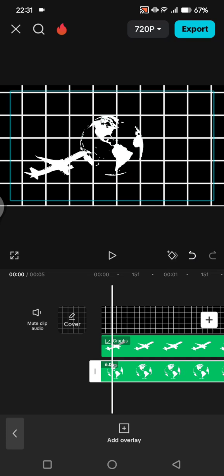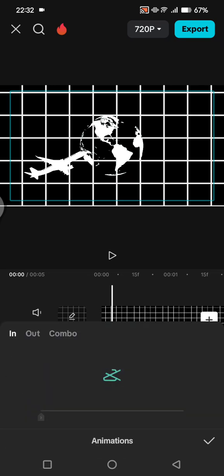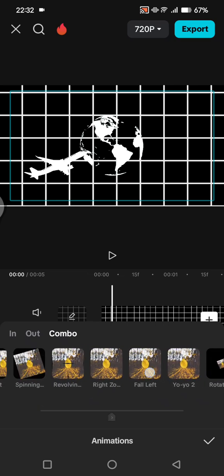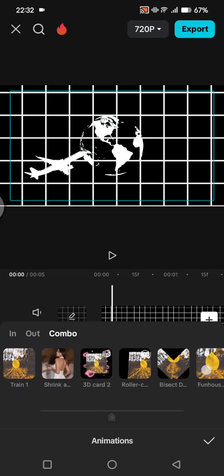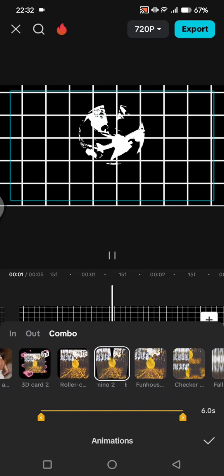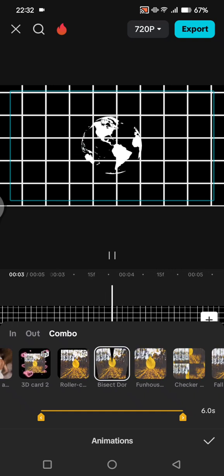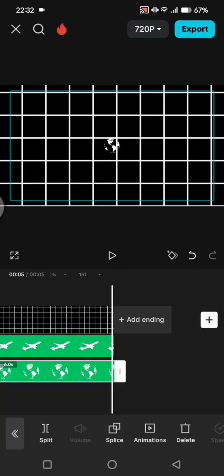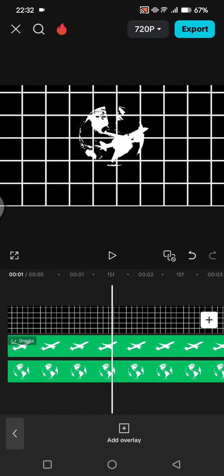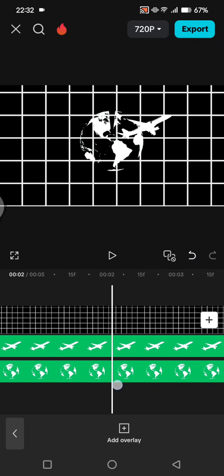and now here you can also click on the globe, go to animations, combo, and then choose the animations that you want. Okay, in this case, I'm going to add, okay, this bisect domino 2. Click on the check icon, and now here I'm going to move the airplane durations to start